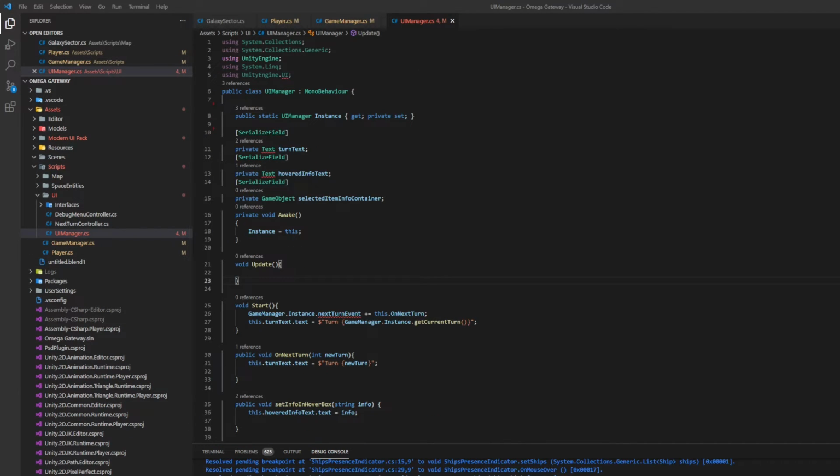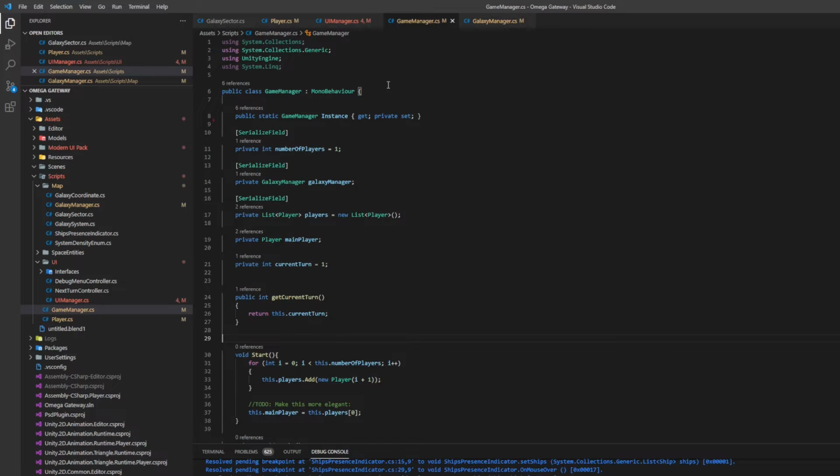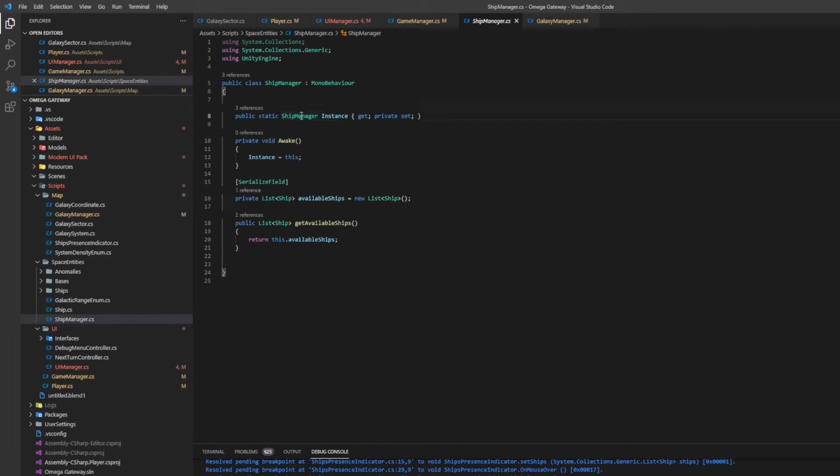Our UI manager will be in charge of the interaction between the UI and the code, like for instance reading info somewhere as text. You all know the Galaxy Manager by now. For the time being it doesn't need to be a singleton because I don't need everyone to have access to it, but we can let the Game Manager have an instance of it as an attribute to call it from there. Finally, I'll add a Ship Manager, and for the time being it will only be in charge of holding all the ship prefabs we are going to have, so you can access all of them from wherever you want, for example if you need to instantiate one, like we are going to do in a minute.